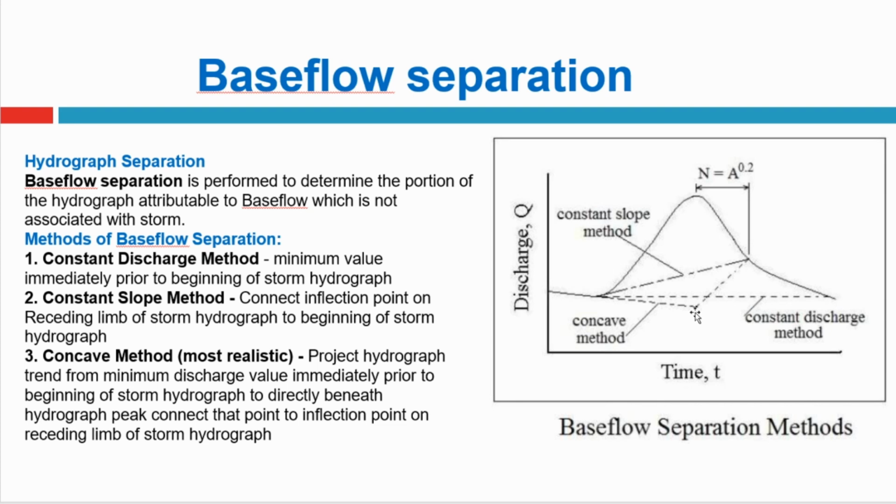So I told you already the third method. What is the third method? You have to draw a tangent at this point so that it touches the vertical line drawn from the peak. Then the intersection of the vertical from the peak and this tangent is connected by another inclined line to the inflection point. So this line becomes your separation of base flow, and this is your third method. These are the three methods from which base flow separation can be done, and based on the type of catchment area we have, based on the seriousness of determining the direct runoff, you can choose whichever base flow separation method you want.